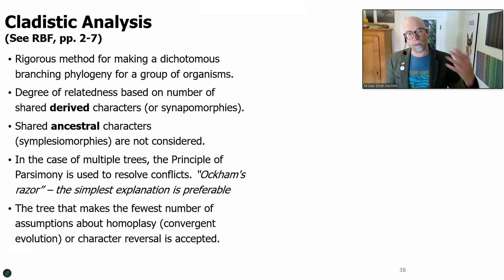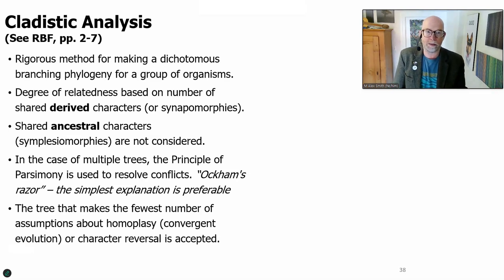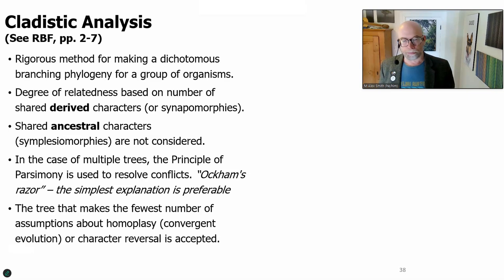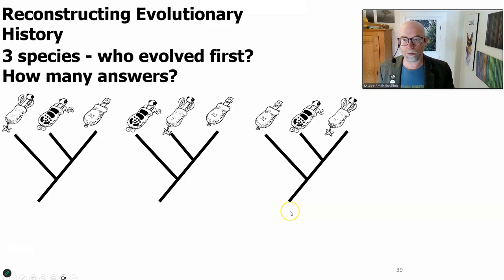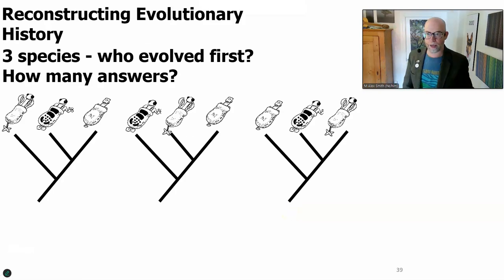And when you're building a tree, and there's all sorts of statistical ways to build a tree, cladistics is just one of a whole quiver of tools that phylogenetic systematists have to do with it. There are multiple trees that are possible. So all these trees are essentially hypotheses that you support or don't support with new information that you collect. And we tend to use this phrase, Occam's razor, where the simplest explanation is the preferable one, to help us choose between trees. I'll give you a small bit of math here, or an example where we have three different kind of invertebrate little weirdo organisms here, imaginary organisms,